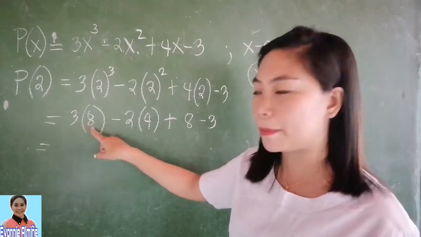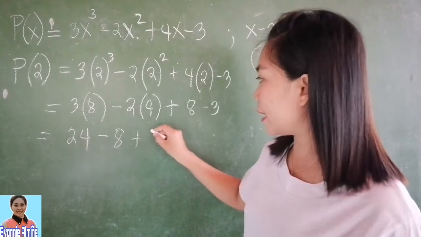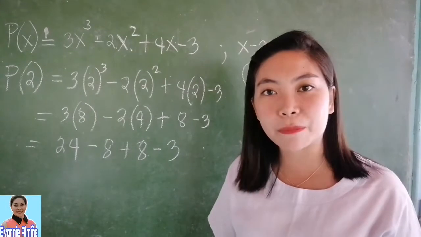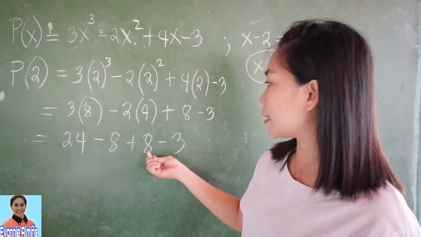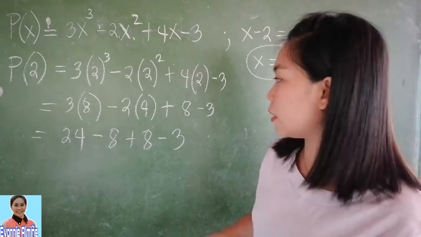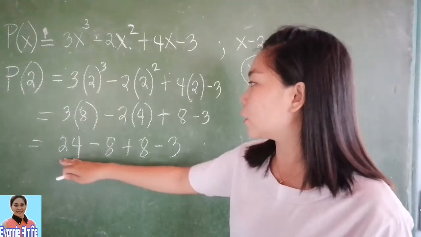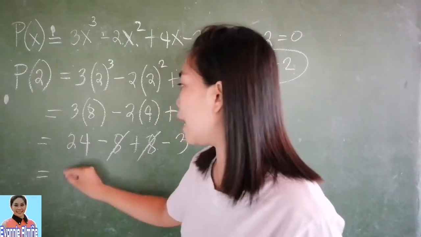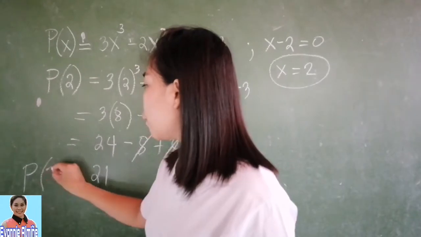Now, let's evaluate. So, multiply 3 by 8, you have 24. 2 multiplied by 4, you have 8. Plus 8 minus 3. Now, PEMDAS a rule, we have to add first before subtraction. So, you have 24 minus 8 plus 8 minus 3. What are you going to do? So, 8 minus 8, that is equal to 0 na, 0 na siya, diba? Kasi negative 8 plus 8, so 0 na siya. Then, 24 minus 8, so tanggal natin. 24 minus 3, I mean, you have 21. Therefore, P of 2